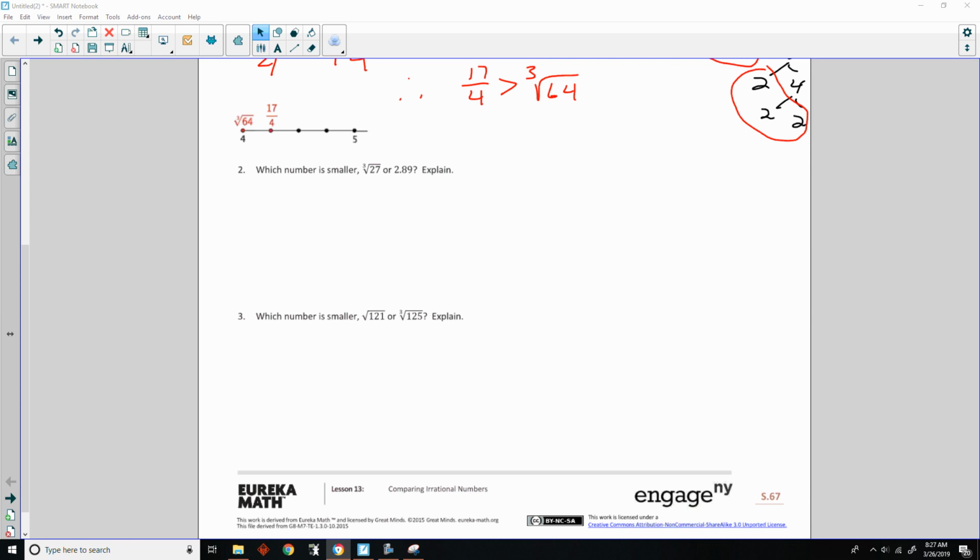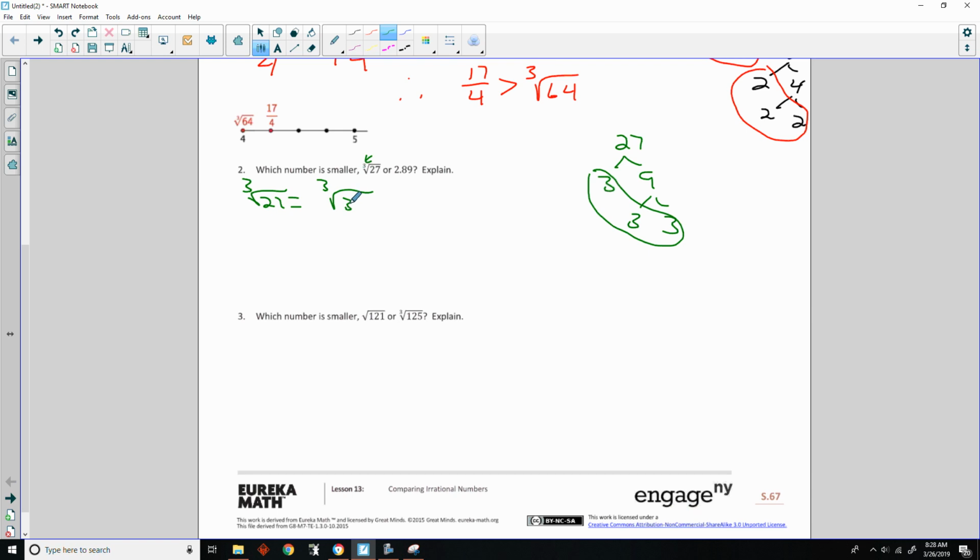Okay, so if I continue with showing you the way I do cube roots, that is a perfect cube, by the way. But if I didn't realize that and I took 27 and made a factor tree, that'd be 3 times 9, and 9 is 3 times 3. And since my index is 3, that means I need 3 3's, 3 of something from my factors to become 1 outside. So the cube root of 27 equals the cube root of 3 cubed, and since the 3 cubed and the cube root cancel,